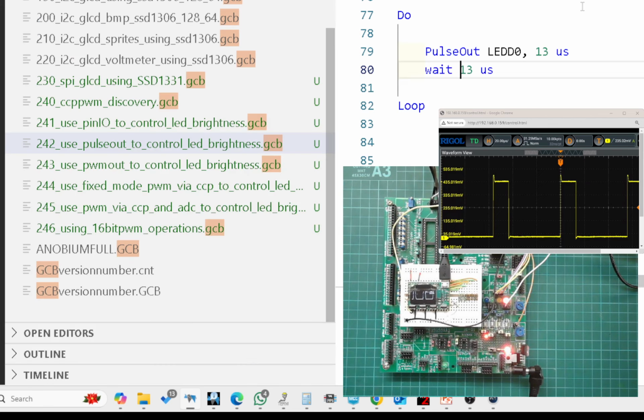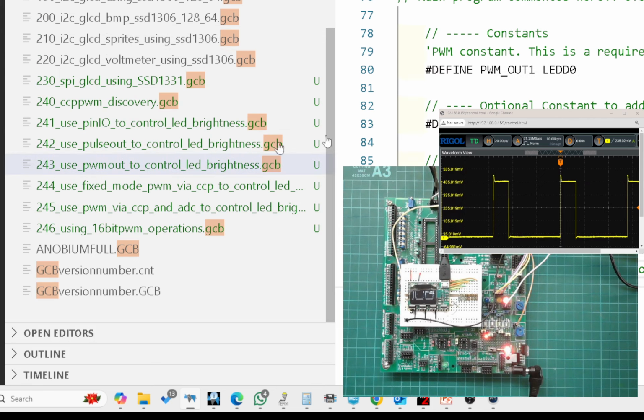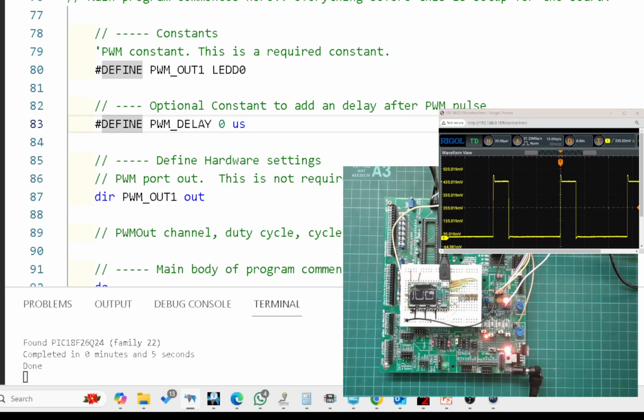Control B. 243. Now this one was written many, many years ago. It's very clever because it's called